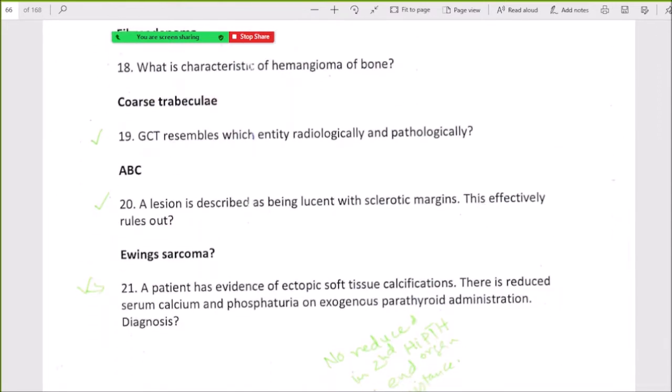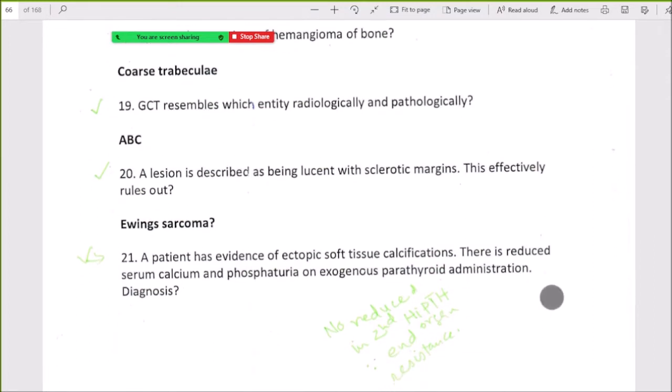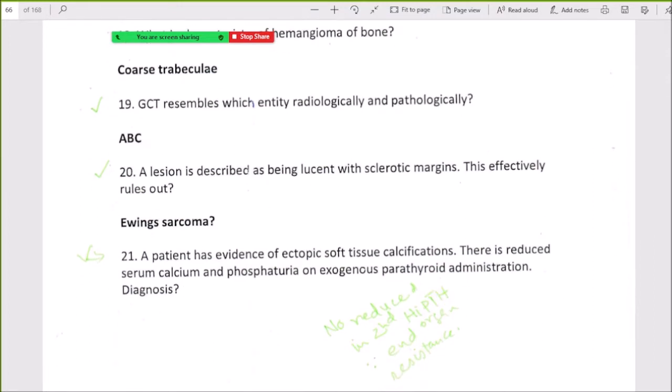19. Giant cell tumor resembles which entity radiologically and pathologically? 20. A lesion is described as being lucent with sclerotic margins. This effectively rules out Ewing sarcoma. 21. A patient has evidence of ectopic soft tissue calcification. There is reduced serum calcium and phosphaturia on exogenous parathyroid administration. Diagnosis: